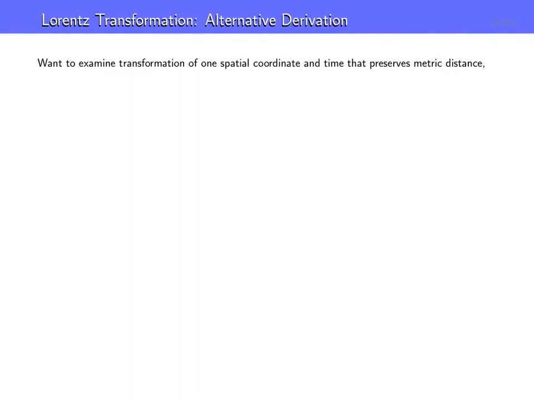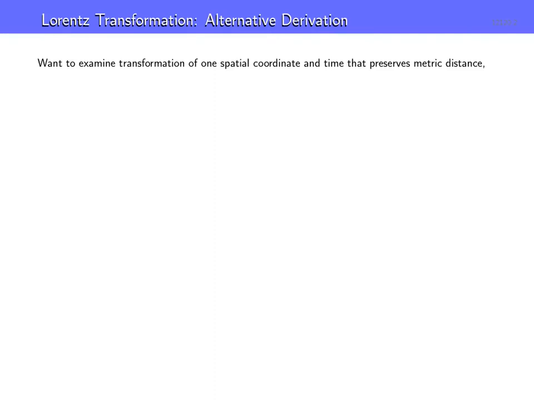In this discussion, we want to look at another way to get the Lorentz transformation, and this is very much akin to what is in the Spacetime Physics text, except done slightly differently. Now, what we want to do is look at this as a transformation that keeps the metric